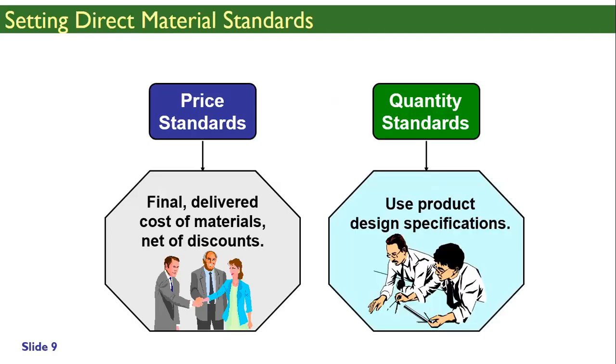So you have price standards. If I talk about material standards, there are two: material price and material quantity, which means how many kilograms I should use and what should be the price of each kilogram. So you are making some product which uses 5 kilograms of material. So 5 kilograms is called the quantity standard, and each kilogram is $2. So $2 is the price standard. Together, 5 kilograms multiplied by $2, you say that $10 will be the cost of material within 1 unit.